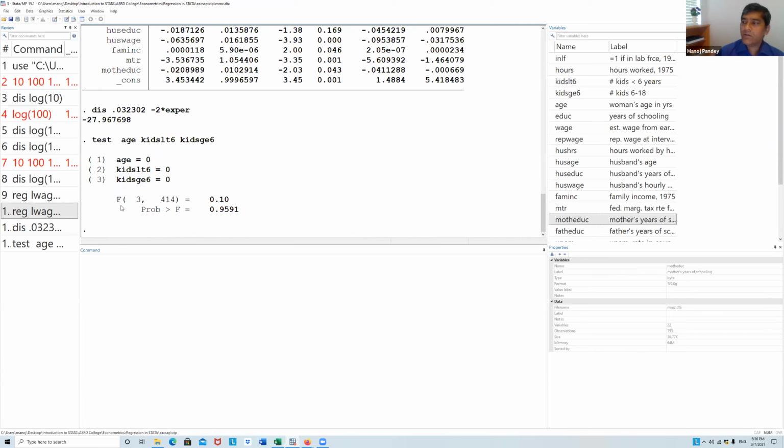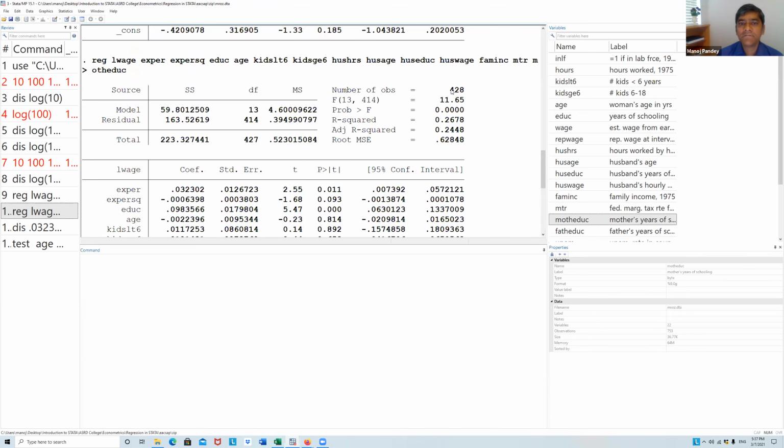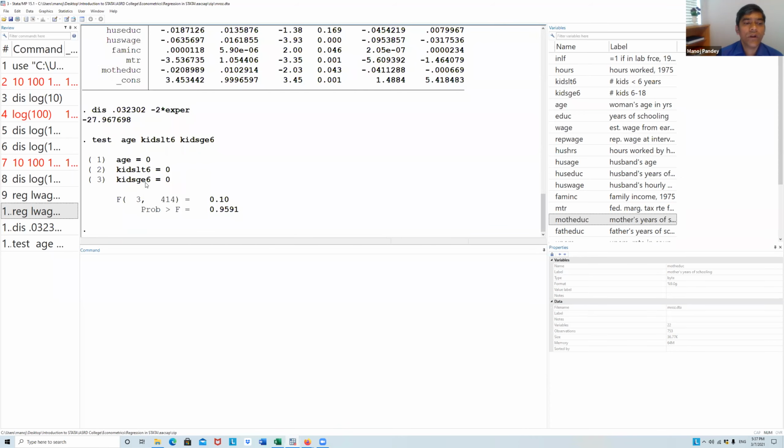Now, here we use the F test. So F test with 3 degrees of freedom for these variables, and 414, you can see here, this F here, right? So 414 is coming here because probability is greater than 0.05. You are not rejecting this null hypothesis.